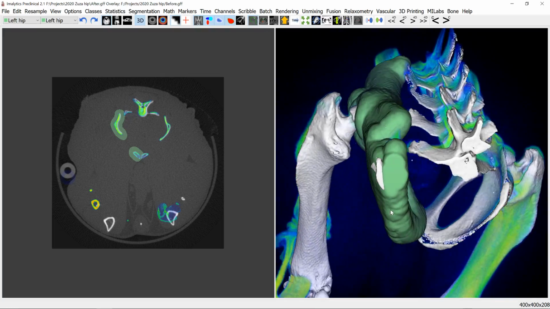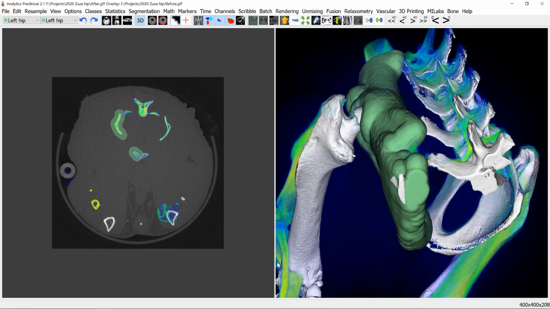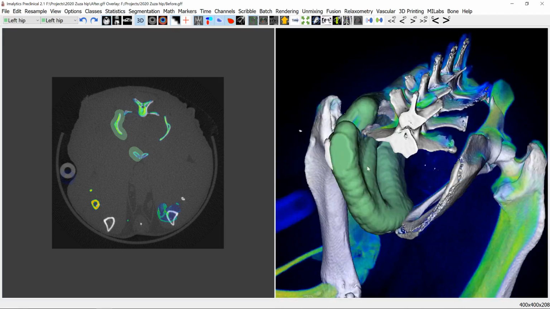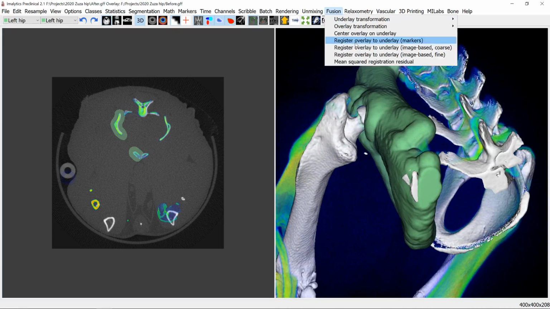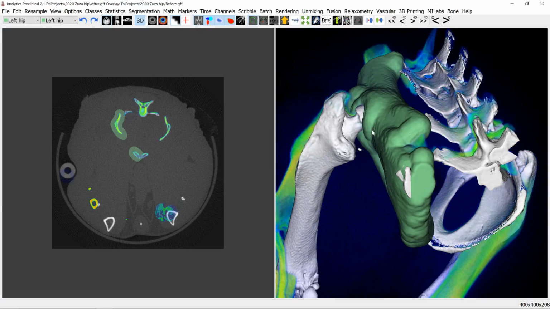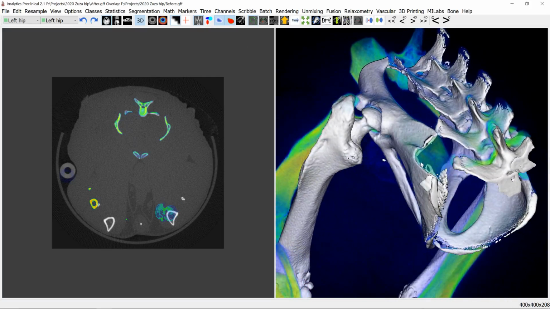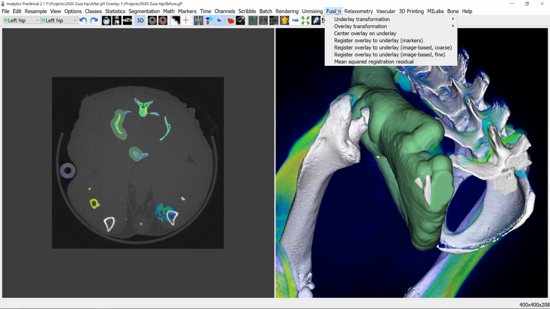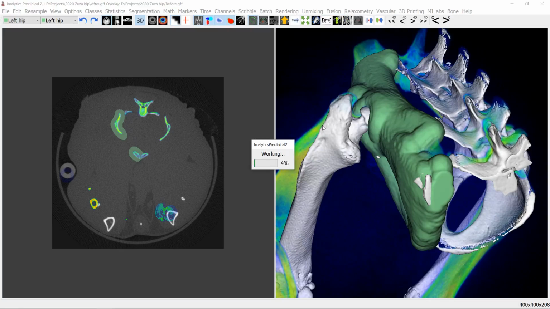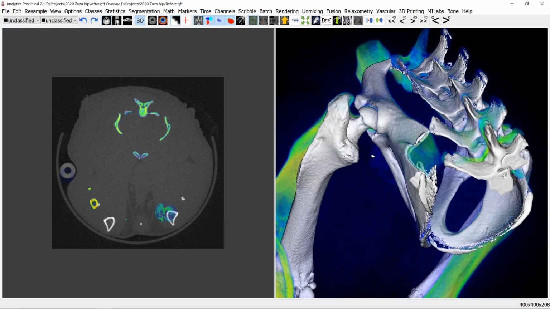And the trick is to use only this region, because this is a rigid thing, and because the legs are not reliable, they are always in a different position. So let's use this coarse fusion first as a first step, and now it's already much more accurate than before. And now perform some more fine fusion for further accuracy, and there we go. Now we can delete the left hip like that,